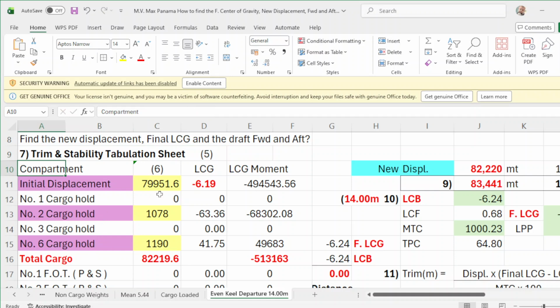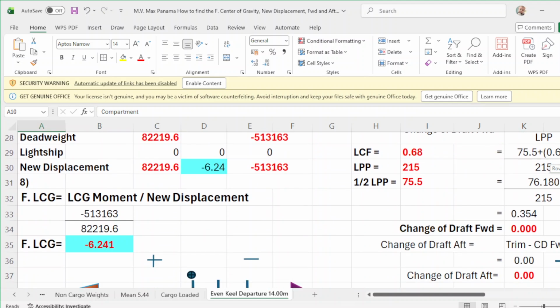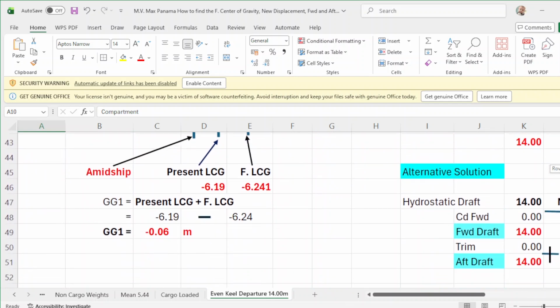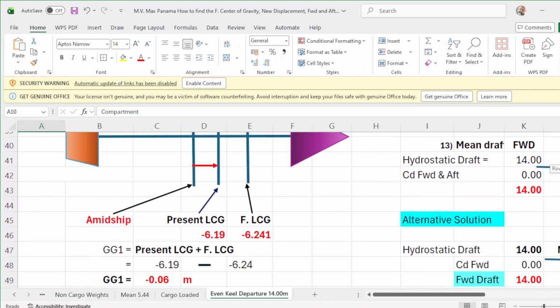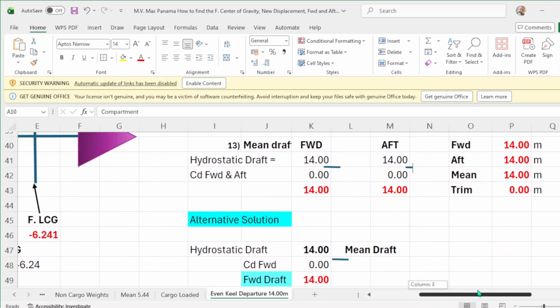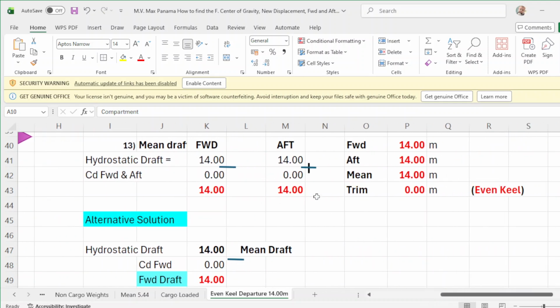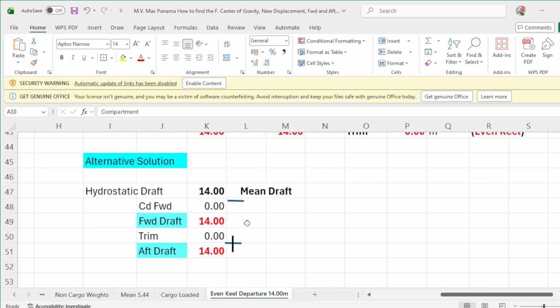Then you have your initial displacement here. Then your final draft would be 14 meters even keel, and this is another equation of how to get your departure draft. So how many backup programs do you have?